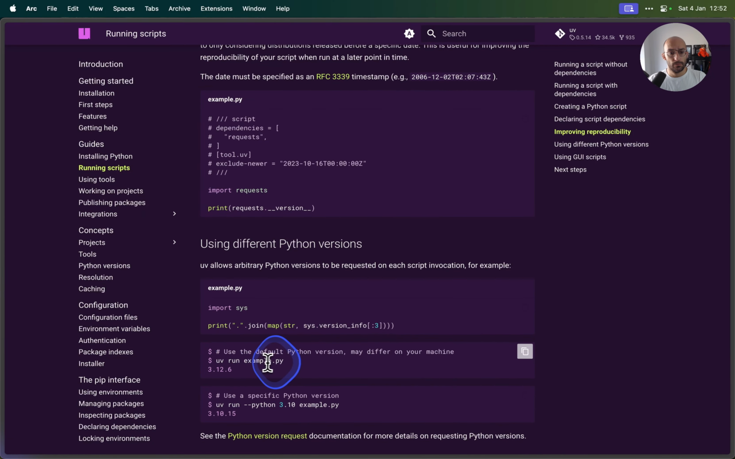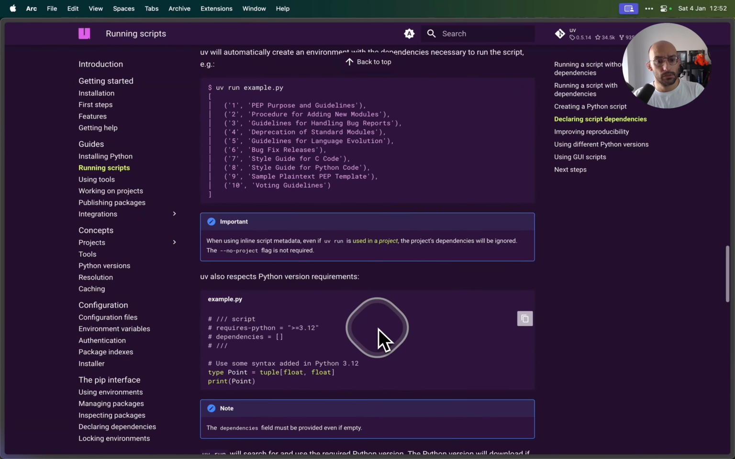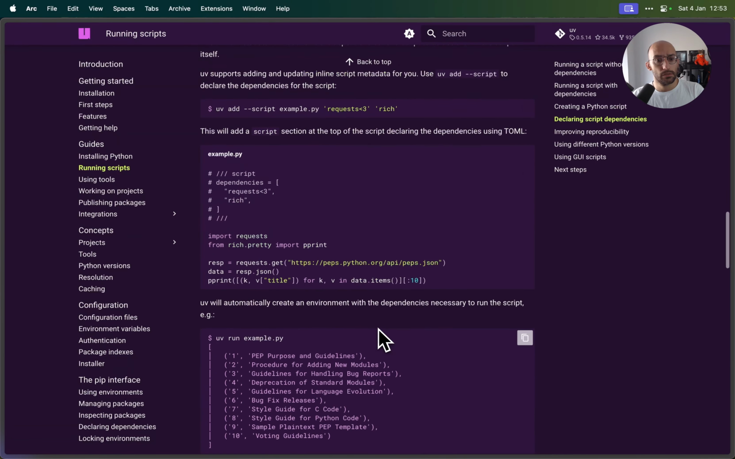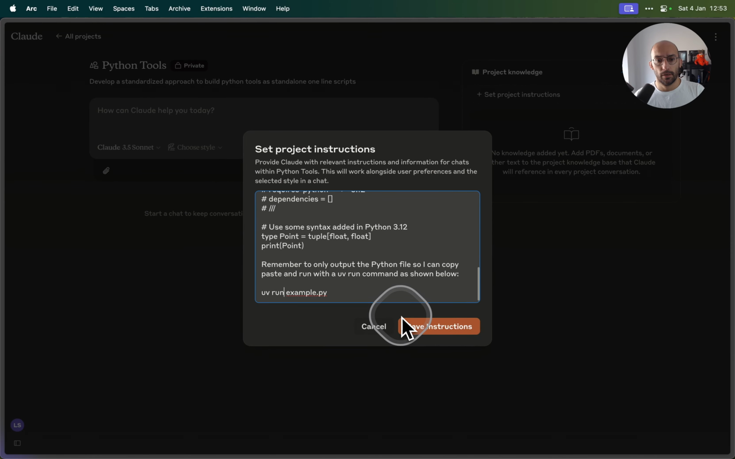Made different on your machine. I think this one is the one that I'm gonna copy, unless I'm making some mistake. No, that's correct. UV run, exactly. UV run example.py. And since Claude likes XML tags, let's just write python script name .py. Yeah, UV run, and